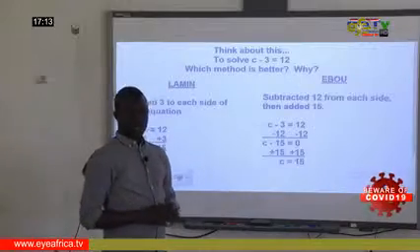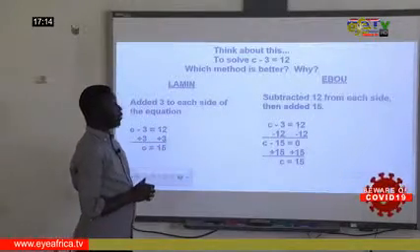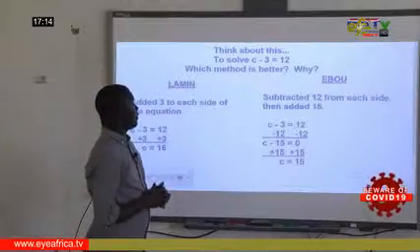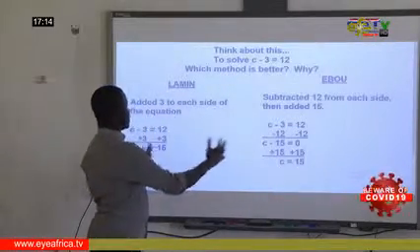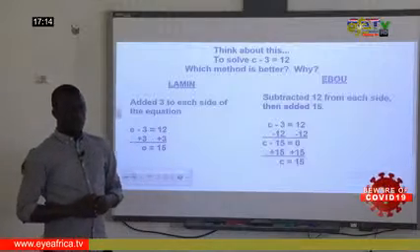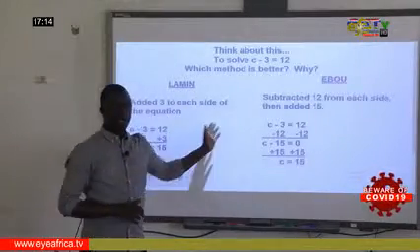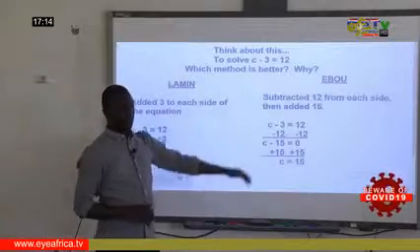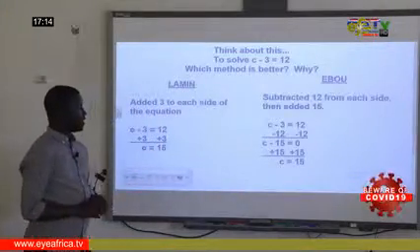Now let's think about this. To solve c minus 3 equals 12, which method is better and why? Of course, we have two methods here. Let us compare these methods and decide which method is better and why we think one method is better than the other. Now, the first method that we have here,